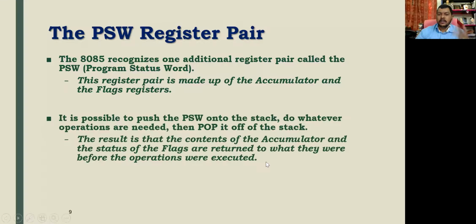So the result is that the contents of accumulator and the status flags are returned to what they were before the operations were executed. अगर जरूरत पड़े तो, जैसे इनकी जरूरत हमको बहुत रेयरली पड़ेगी,